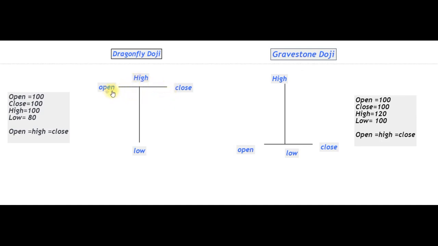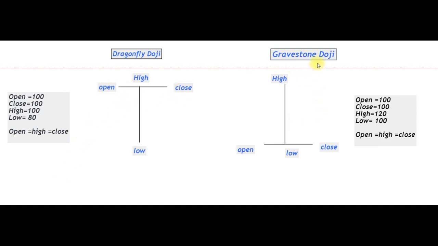So what happened? The price opened at 100 rupees and sellers tried to push the price till 80 rupees but buyers are in control and price closed at 100 rupees or near to 100 rupees. It can be 120 or 90. Like that only dragonfly doji is formed. So this candlestick pattern is considered as a bullish candlestick pattern. So when we get a doji at the bottom of the trend, one can enter into the long trade above this candle.